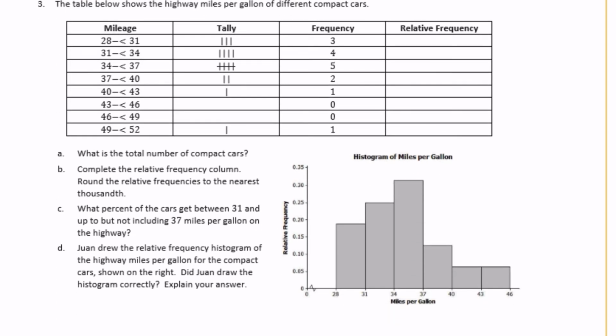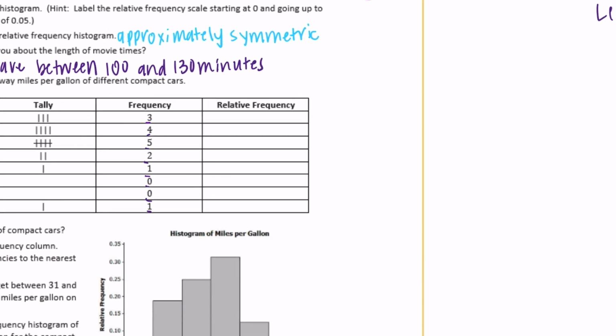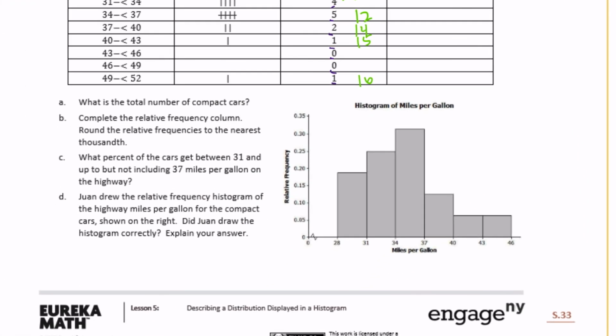Number 3, the table below shows the highway miles per gallon of different compact cars. What is the total number of compact cars? Okay, so we can find out the total number of compact cars by adding up the frequencies here. So we have 3 plus 4 plus 5. So 3 plus 4 is 7. And then plus 5 would be 12. Plus 2 would be 14, 15, 16. So there's a total of 16 cars,